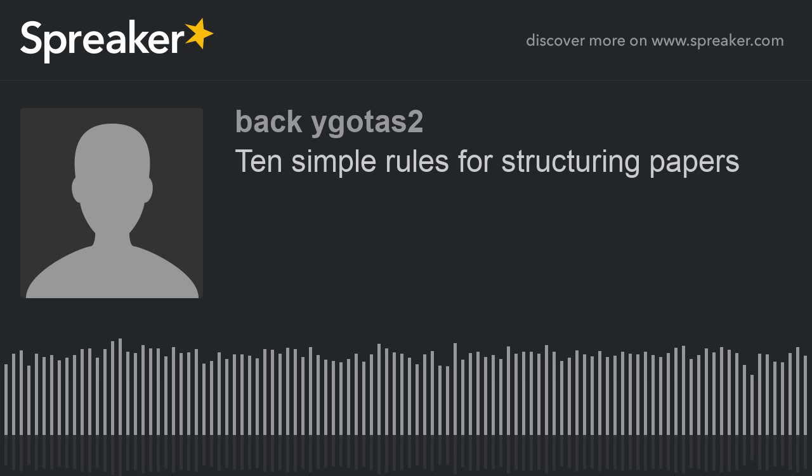The first 4 rules are principles that apply to all the parts of a paper and further to other forms of communication such as grants and posters. The next 4 rules deal with the primary goals of each of the main parts of papers. The final 2 rules deliver guidance on the process heuristics for efficiently constructing manuscripts.